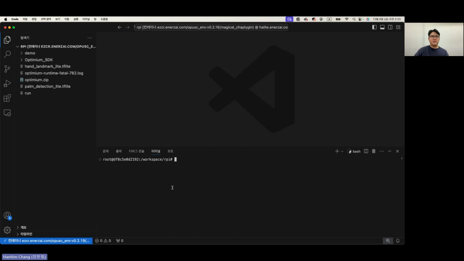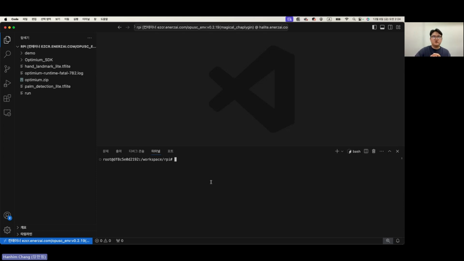I'll mention this again at the later part of my presentation today, but we're currently running a beta of Optimium. If you apply for the beta, you have a 30-day free trial version sent to you. We provide that with a license key so you can use it for 30 days. We'll also provide our documentation, which you can go through for the installation process. But given that Optimium is already installed here, we'll just start with creating an argument JSON file.